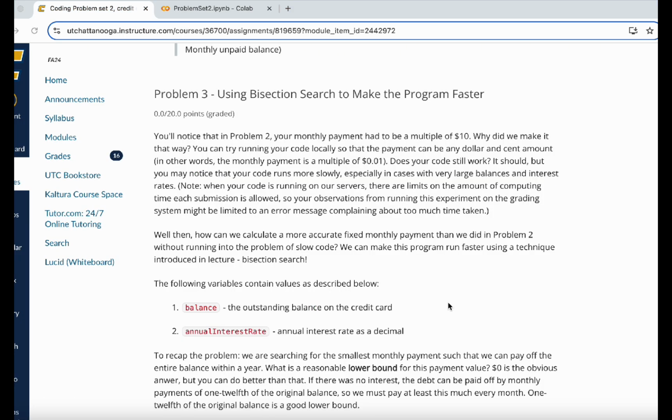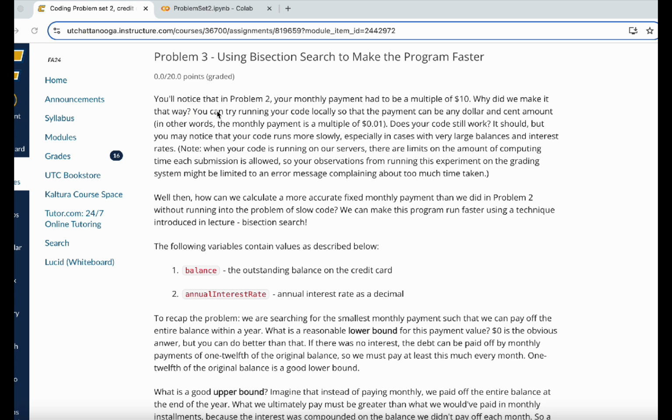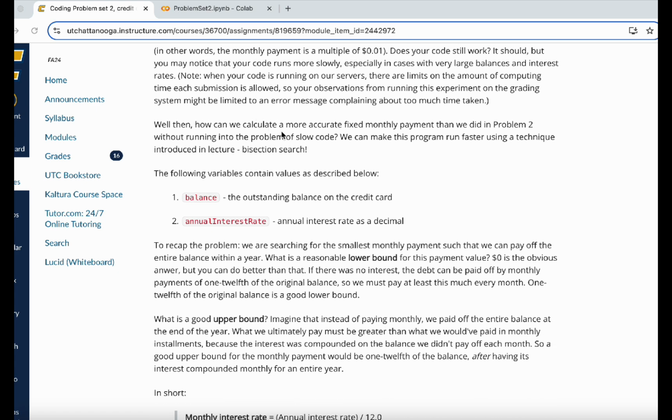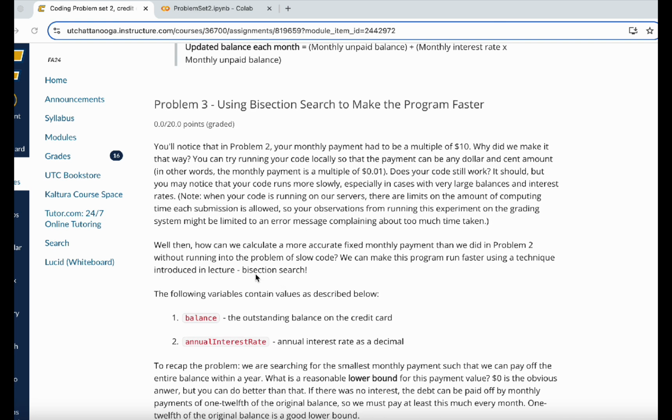Problem 3, we are going to be using bisection search to make the program faster. So super self-explanatory up here. This is just kind of going through what it really means. Calculating a more accurate fixed monthly payment without running into the problem of slow code, hence the bisection search